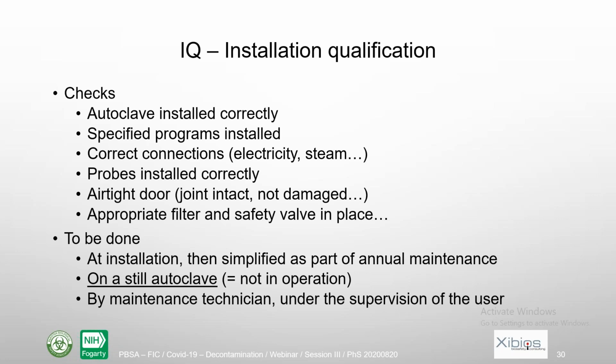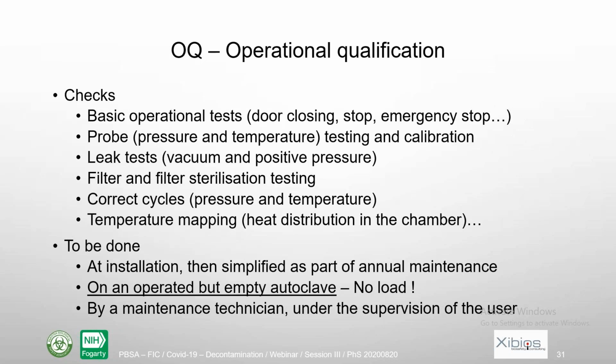के कनेक्शंस वगैरह ठीक हैं या नहीं, टेम्परेचर और प्रेशर के प्रोब्स जो उसमें इंस्टॉल हुए हैं क्या वो ठीक हैं या नहीं, ऑटोक्लेव का दरवाज़ा एयर टाइट है या नहीं, कहीं से लीक वगैरह तो नहीं, उसके जॉइंट्स वगैरह ठीक हैं, उसकी फिजिकल बॉडी पे कोई डैमेज तो नहीं है, उसके फिल्टर और वॉल्व वगैरह ठीक हैं या नहीं। ये इंस्टॉलेशन क्वालिफिकेशन ऑटोक्लेव को इंस्टॉल करने के वक्त की जाती है और इसको बंद ऑटोक्लेव के साथ किया जाता है, फिजिकली उसको सिर्फ देख के मॉनिटर किया जाता है।